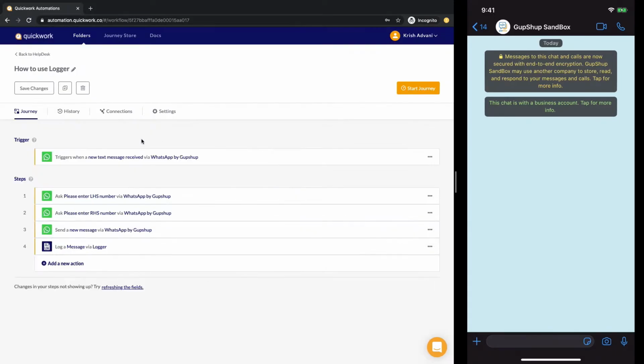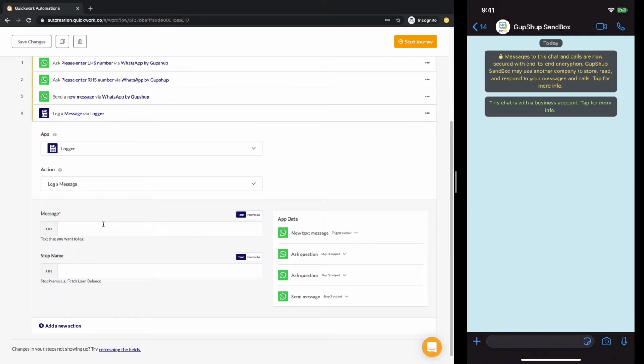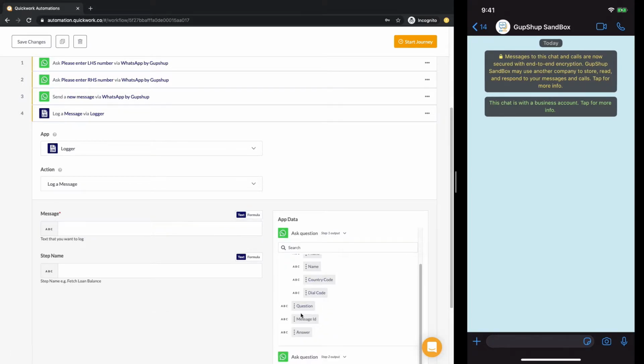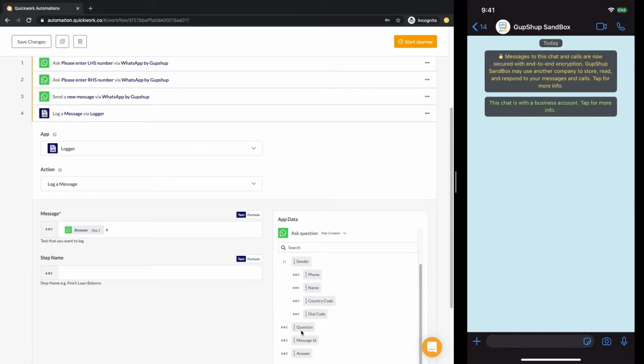Now Logger is a great utility to do that, right? A logger allows you to use data from all kinds of steps like any other action would, but it is built for that purpose so that you can transform that data in a way or shape you like. So right now I'm going to take the output of step number 1 and the output of step number 2 and add them together, right? So I've got the answer of step number 1 and I'm going to say plus answer of step number 2